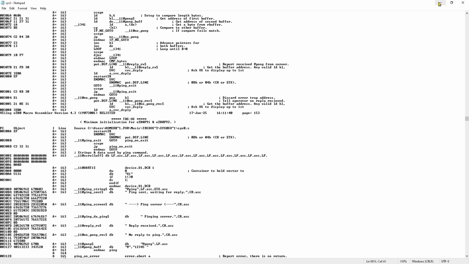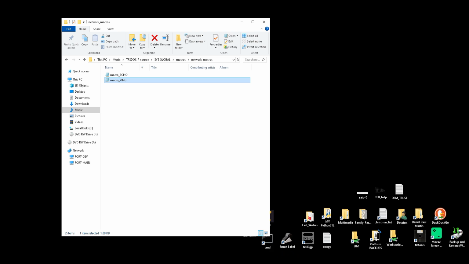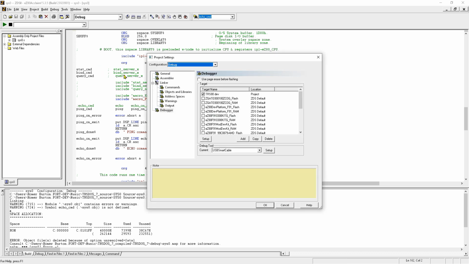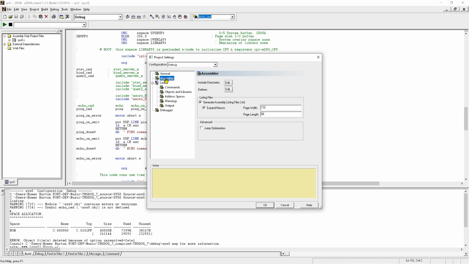So how do you know how to do that? Let's go real quick over here to our assembly, our Zilog development system. I'm going to look under project settings. I get myself in trouble here when I don't pre-rehearse this, but I think I can find it pretty easily. Okay. So right here, in project settings, under assembler,